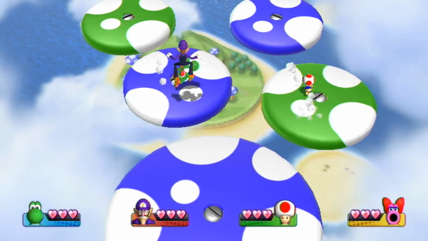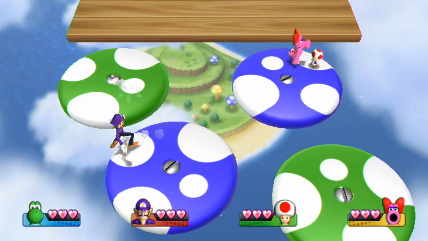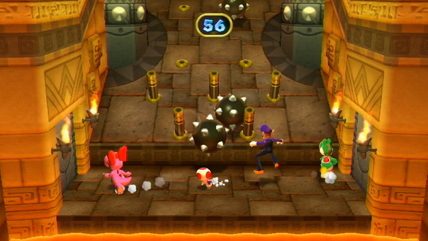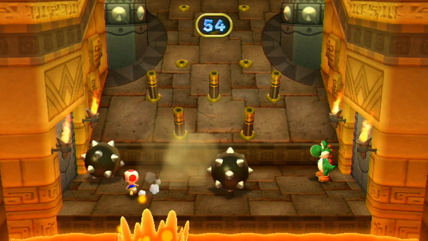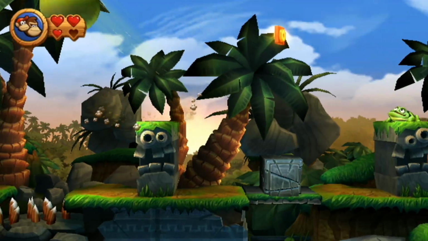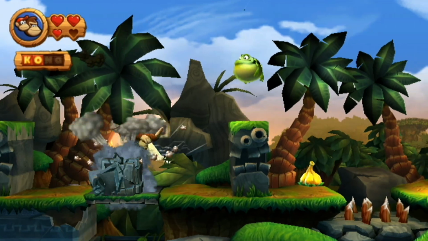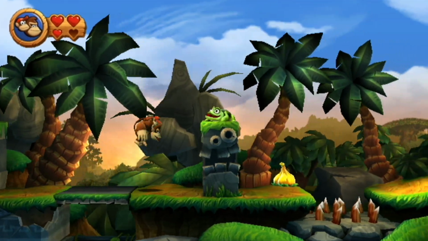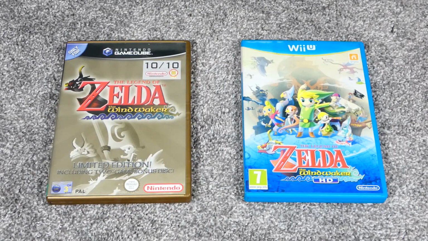There are also a couple of cases of overlap with this design, like the Mario Party 9 box. Good news, everybody! We found at least one reason for Mario Party 9 to exist. That still doesn't mean it should, but by far my favorite box art template of all time is the same